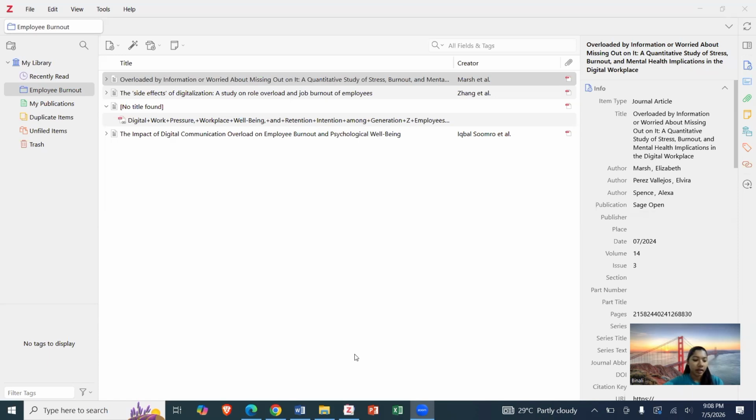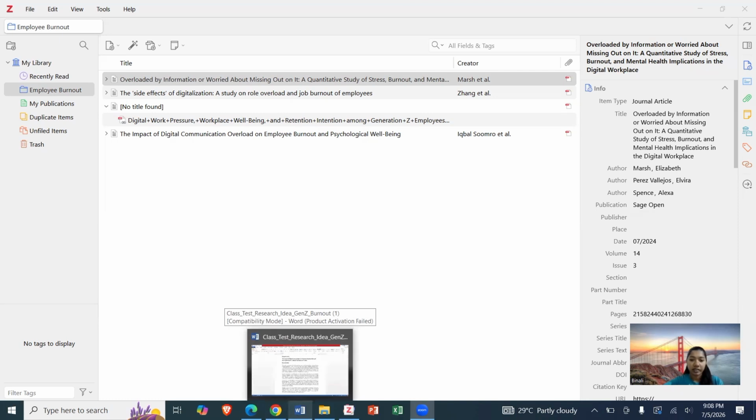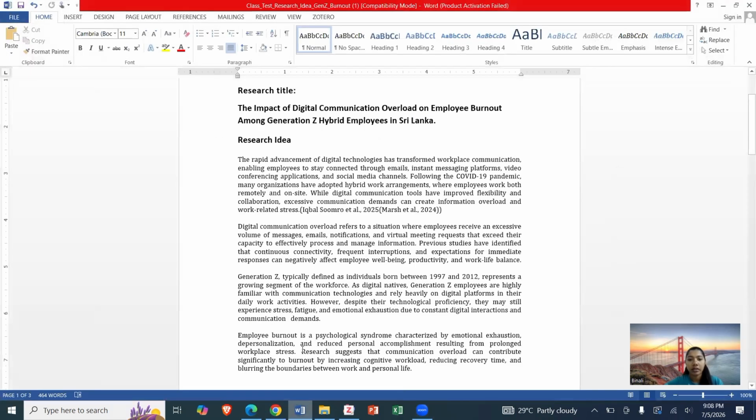And also we can use Zotero with MS Word to insert in-text citations, generate a reference list, and change the citation style. So let's see how to use this. First, select the relevant Word document.